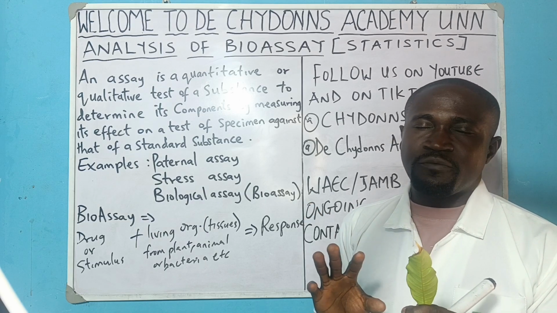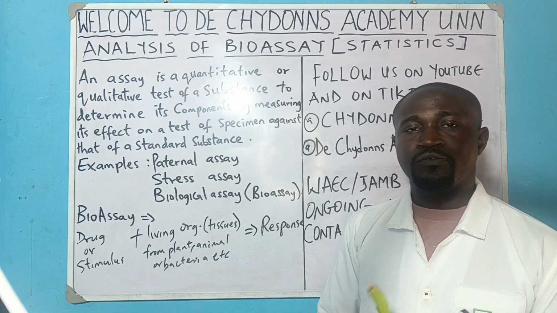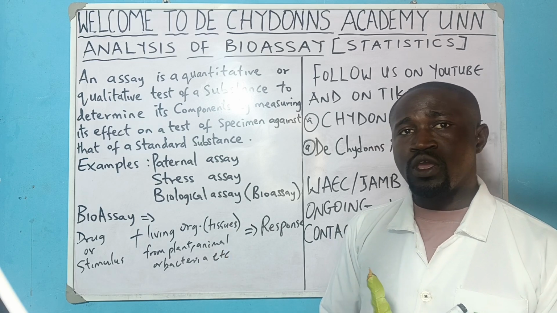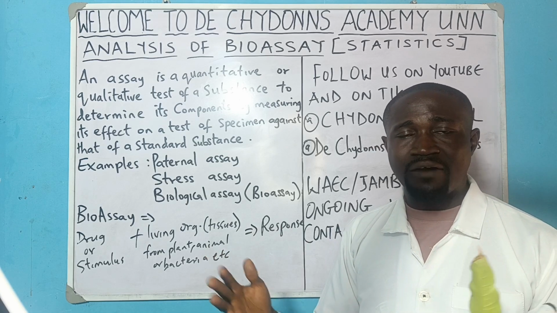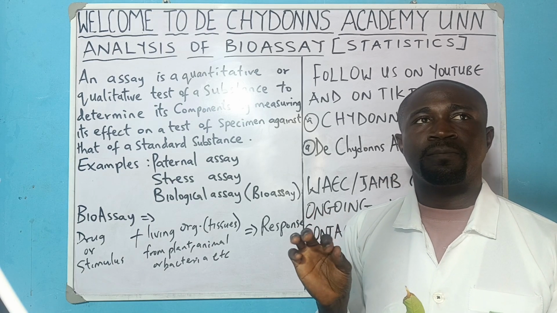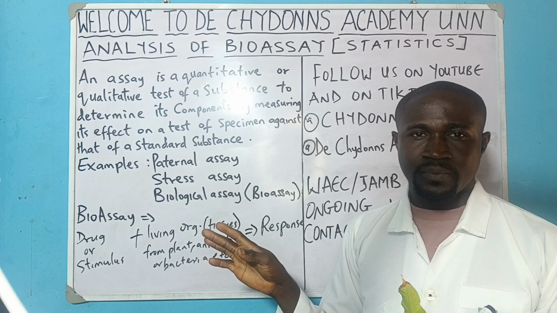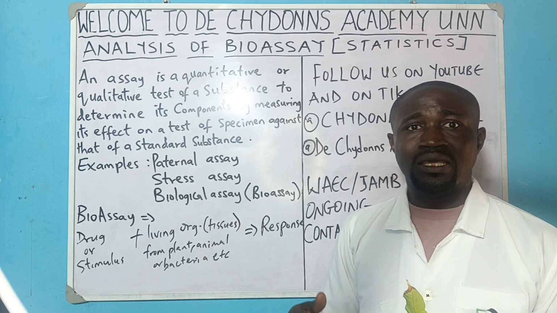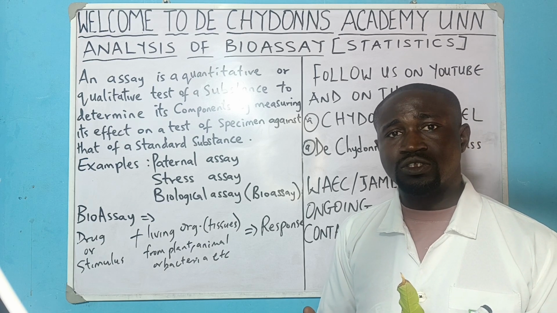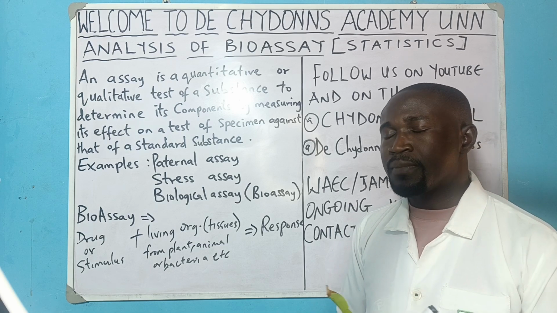The last time we performed experiments on checking the efficacy and potency of two drugs, comparing their efficacy and potency, we used some equipment like the kymograph and others. You understand? And we used the intestine of a guinea pig. That means we are checking the antimotility of the agent, whether the agent can cause antimotility or not. Are you getting what I'm saying?